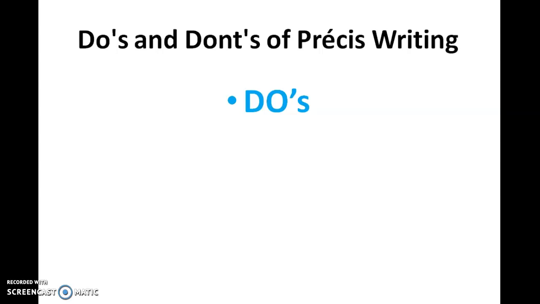Next one. Once the main idea is established in the precise writing, you can present the methods, points, facts, etcetera, used by the authors of the passage. The next do is compress and clarify the length of the passage or article or the book you are writing, while retaining the important concepts, keywords and important data, analytical information. The next one is, remove what is superfluous and retain the core essence of the work.